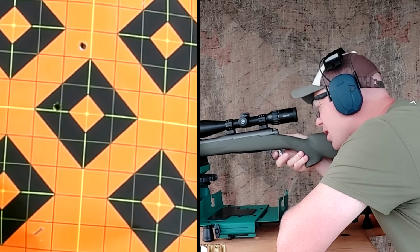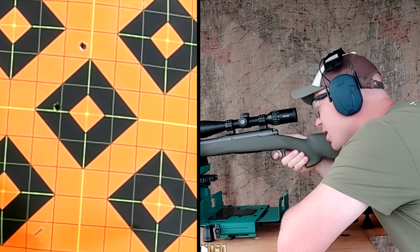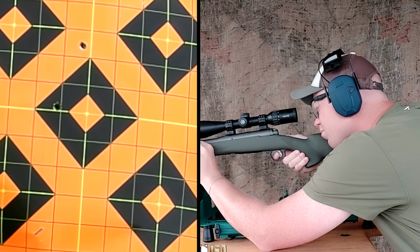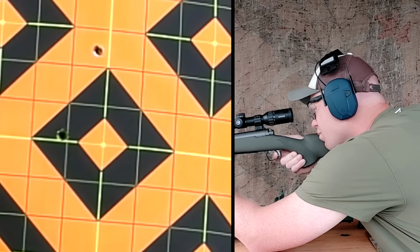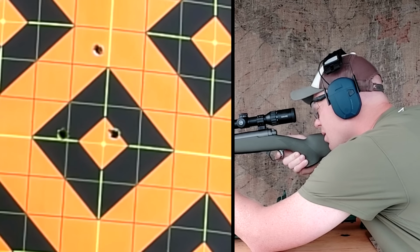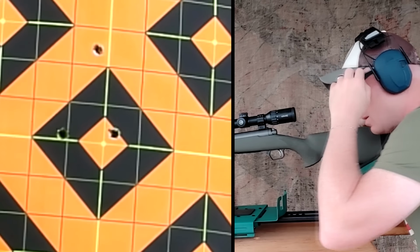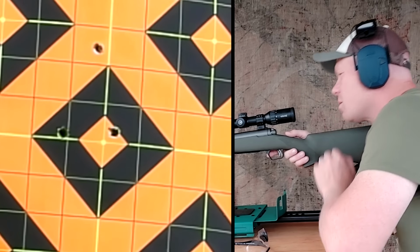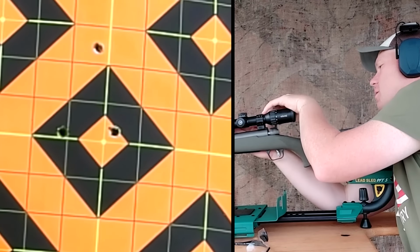But I know this rig likes this ammo though, so if I didn't already have that confidence, I probably would have done a group before I touched the scope. Good squeeze there, and let me take off these foggy glasses. We're kissing the bullseye there. So I'm gonna leave it there,